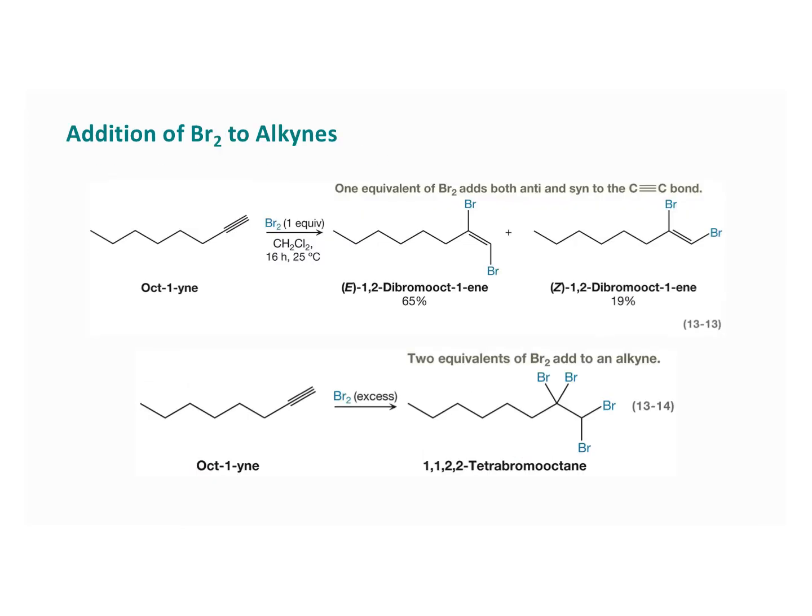Now, bromine and chlorine add to alkynes in basically the same way they add to alkenes. So for example, we have oct-1-yne here. It reacts with one equivalent